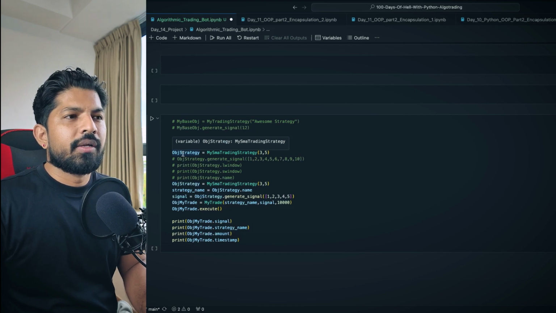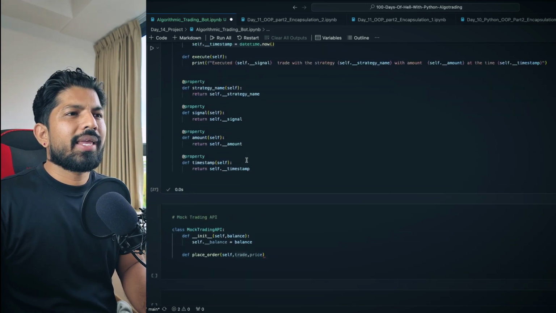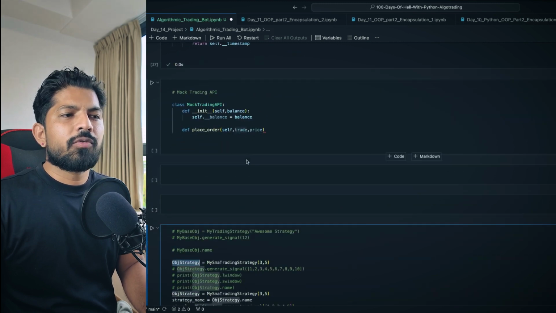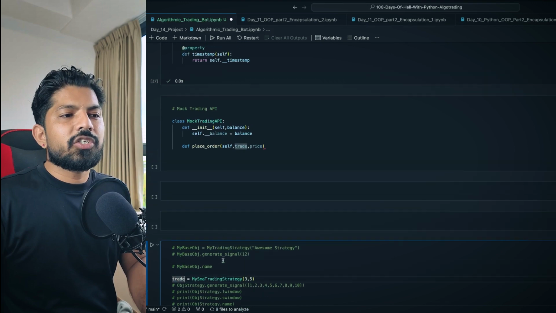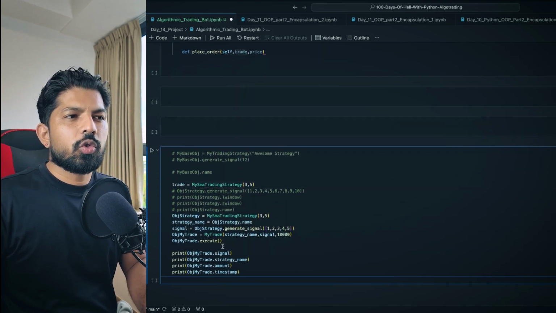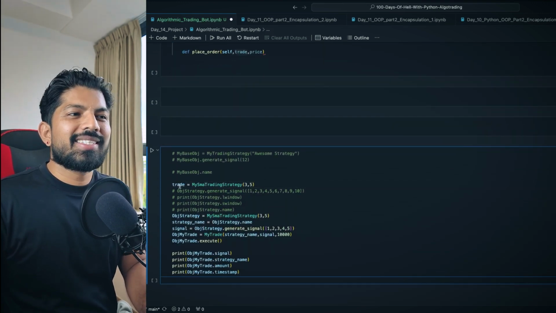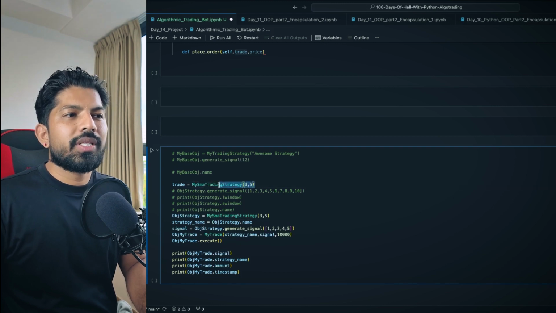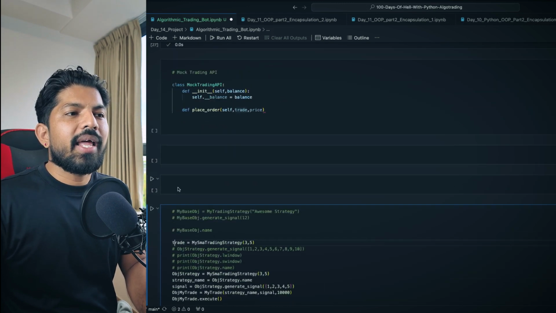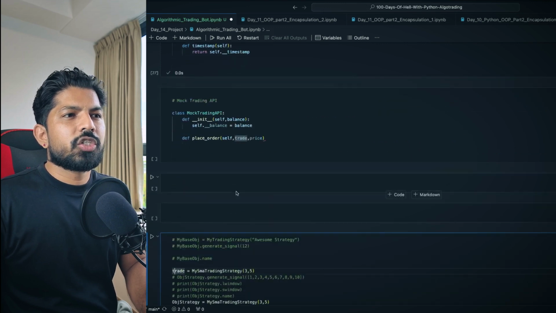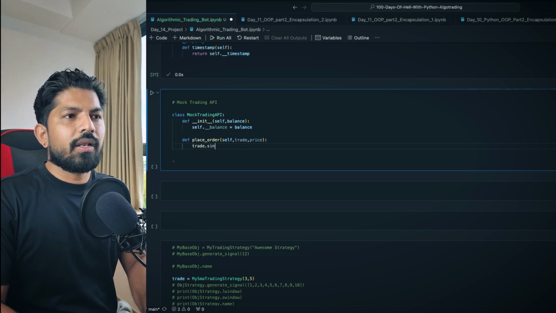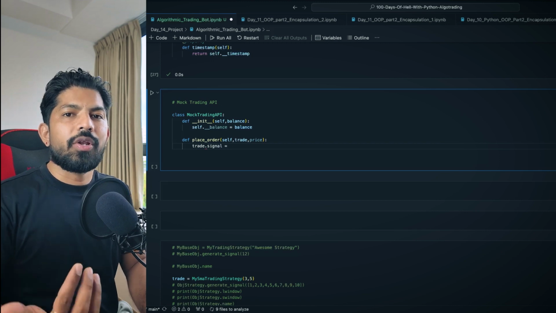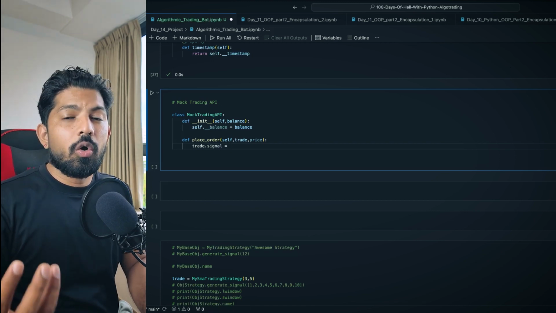For now, I can just think that the name of this object is trade only, so I'll just change it here. These are just testing data, so don't take it seriously. Just think that we have created the object with the name trade. And then we are passing this as a parameter, right? So here, trade dot signal. If I write like this, trade dot signal, I get some return value. It can be buy, sell or hold.